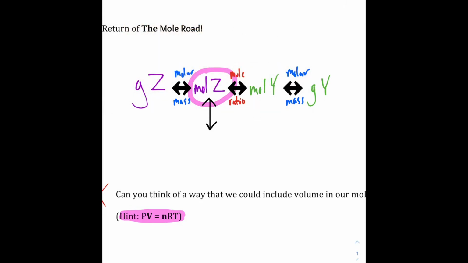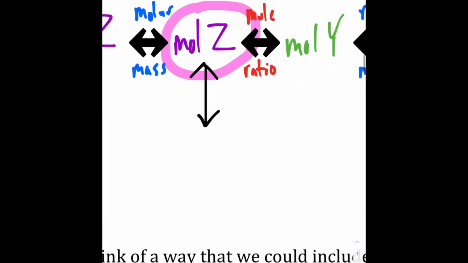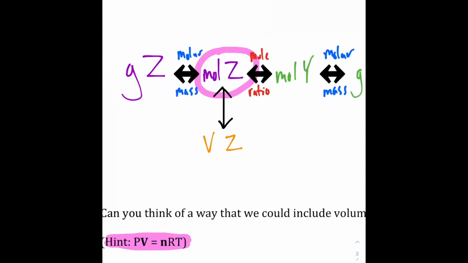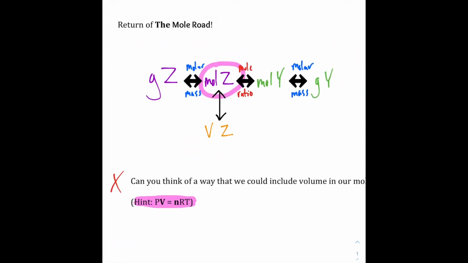We can convert to liters of Z. Let me change that from liters. That's the actual unit, but I'll just put volume of Z. We can convert from moles of Z to the volume of Z because we have an equation, and the equation is